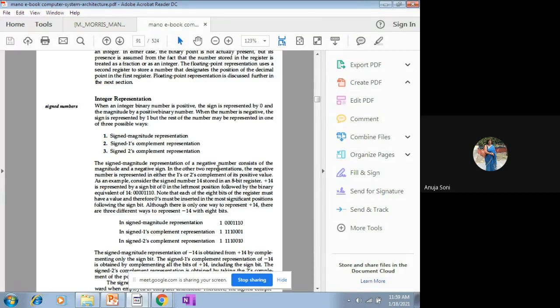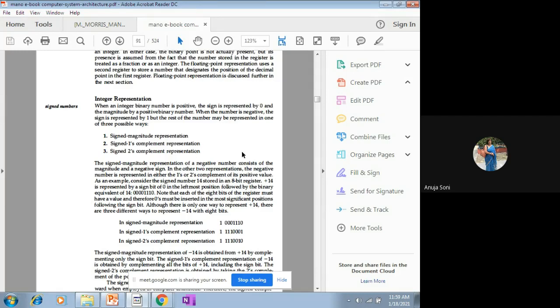So only extract those kinds of questions which are relevant to chapter 3. In those question papers, you will get such a question, like you are given a number as -7 or -8 or any other number, and you have been asked to represent that number in all these three representations: sign magnitude representation, 1's complement representation, and 2's complement representation.